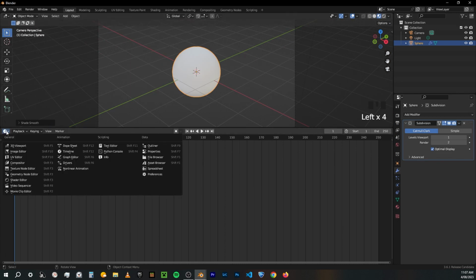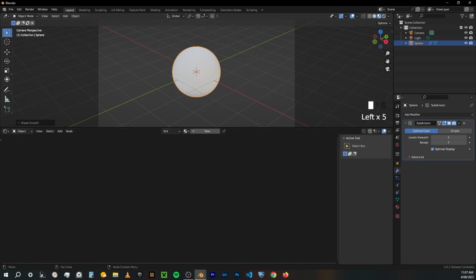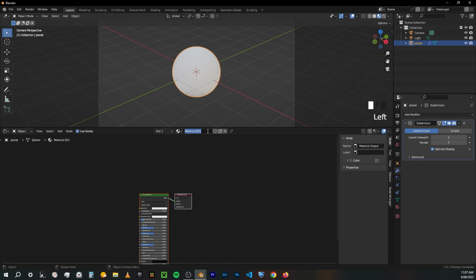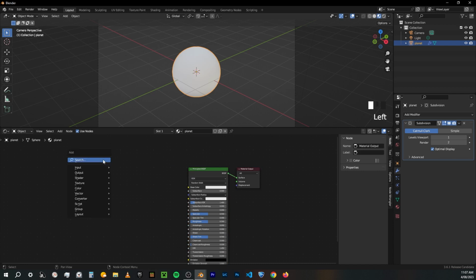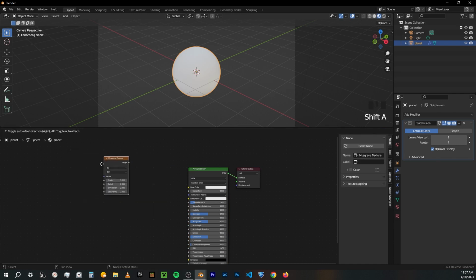And I'm going to change this to the shader editor. Okay, so with the sphere selected, I'm just going to hit F2 and rename this planet, just like that. So now it's called planet, and then we're going to make a new material, and we're going to call this planet as well. Okay, so the first thing I'm going to do is add a Musgrave texture